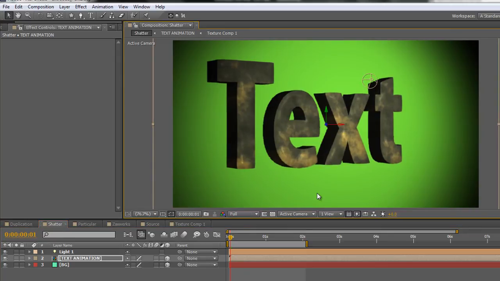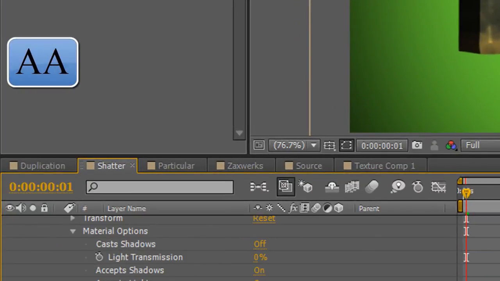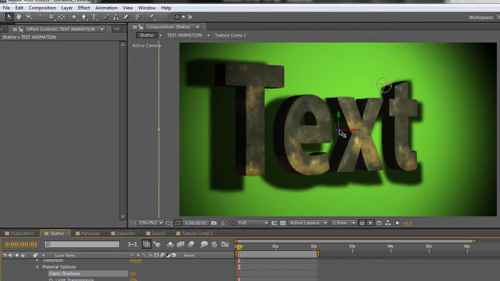At the moment, however, I'm not casting any shadows. Why is that? Well, I need to open up the material options for this text animation pre-comp. Open that up, open up materials. Quick way of getting to these, by the way, is AA. And then where it says cast shadows, I need to click on,